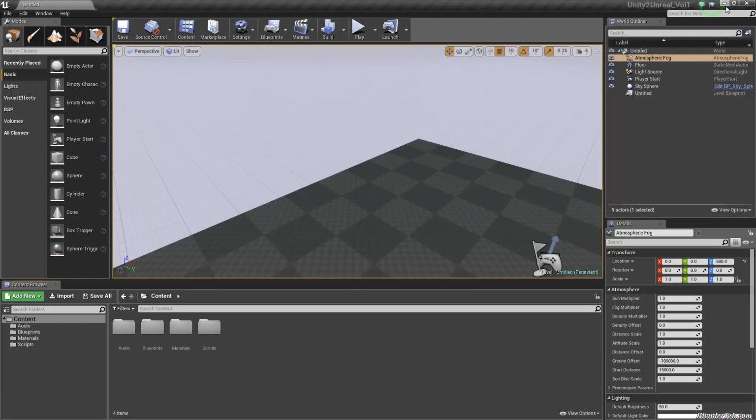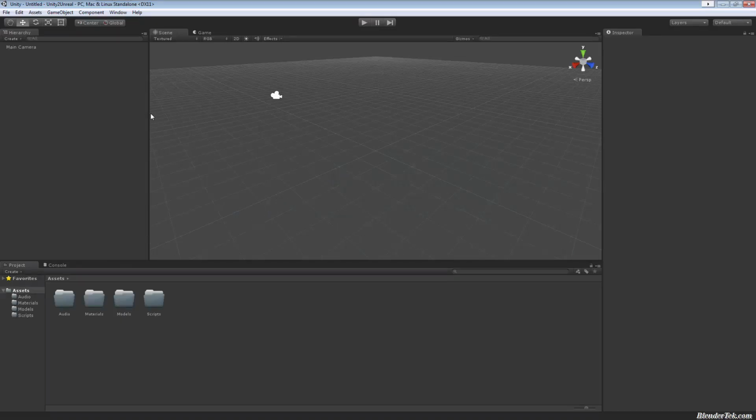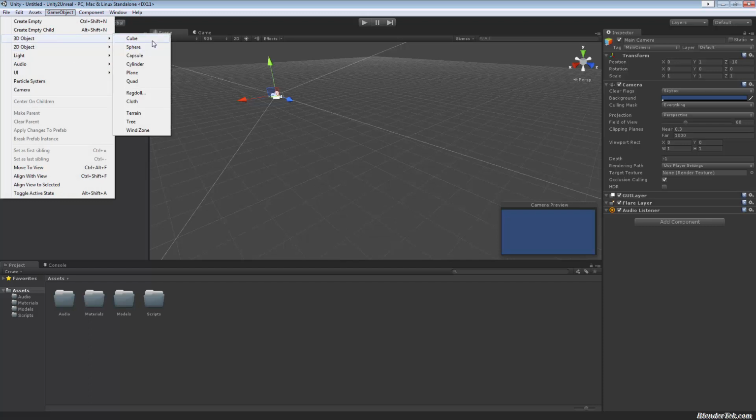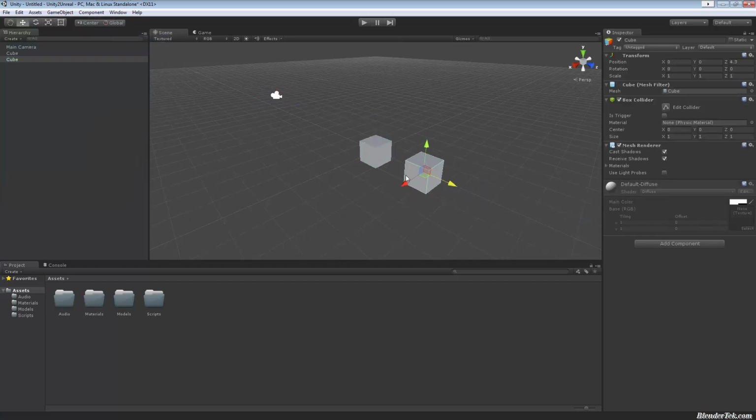Next, I want to talk about, we'll go back to Unity here. I'm going to select the main camera. The one thing that it does create when you create a blank project, we have the hierarchy window, which lists all the objects in your game. So if I was to add a bunch of cubes, I've got 2 cubes separated by roughly their own distance.